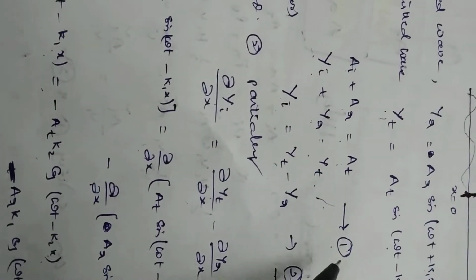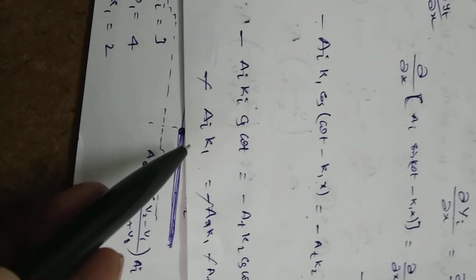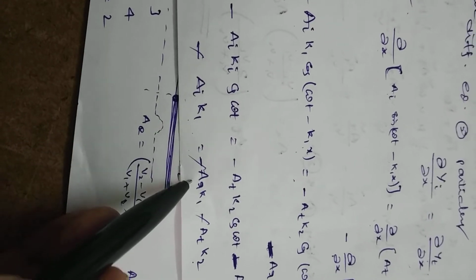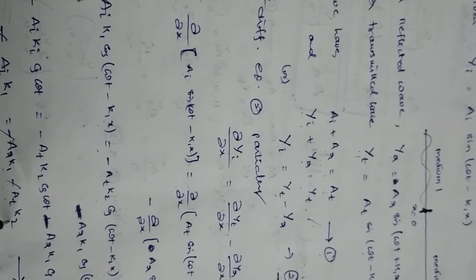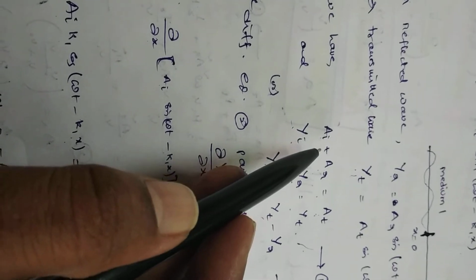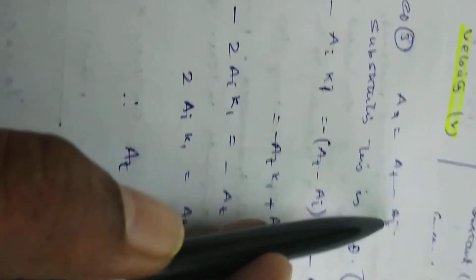From equation 1, Ai plus Ar is equal to At, and in equation 3, Ai k1 is equal to Ar k1 plus At k2. From equation 1, Ar is equal to At minus Ai. Substituting this value in the above equation, we can write it as